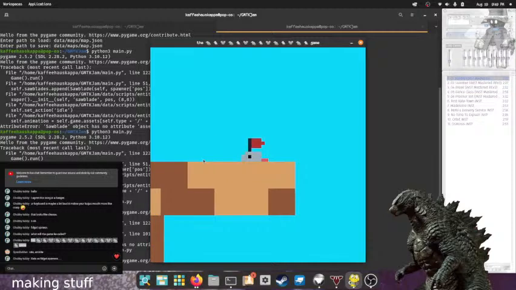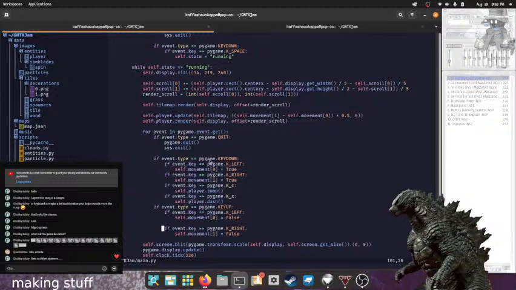It's not there. Oh wait, I forgot to actually make it so it iterates through all the saw blades and loads them.